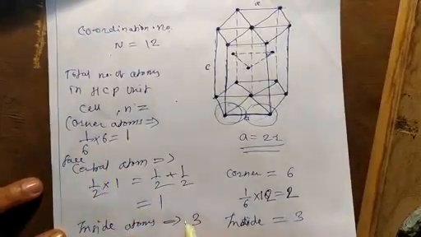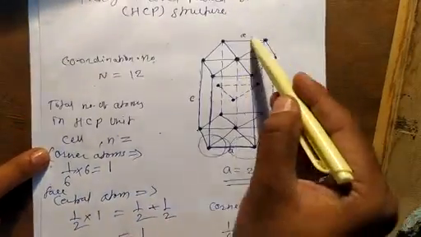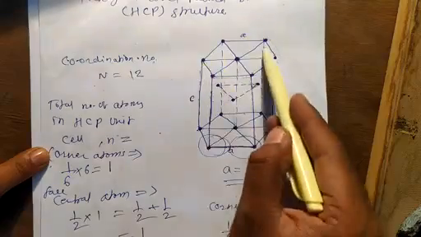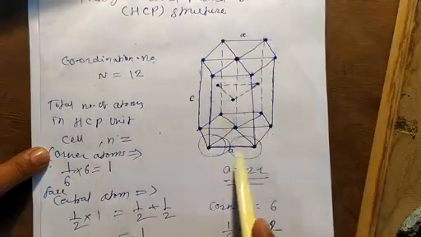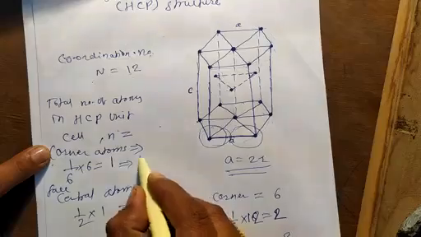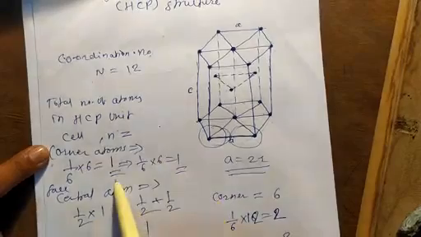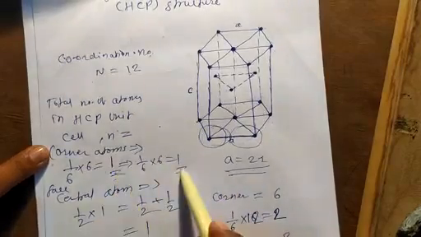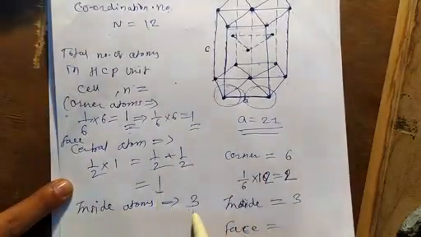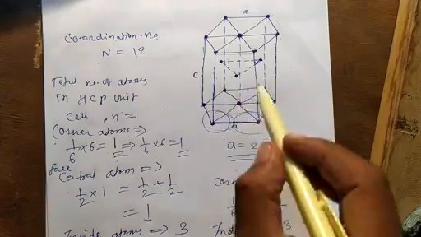Here we had considered the corner atoms. This is the upper face corner atom, and this is the lower face corner atom. The upper face corner atoms share 1 atom. Similarly, the lower face corner atoms also share 1 atom, that is 1 by 6 into 6, equal to 1. Therefore the total sharing due to corner atoms is 1 plus 1, that is 2. The central atoms, half plus half, equal 1. And the 3 atoms which are completely inside totally contribute to this unit cell.